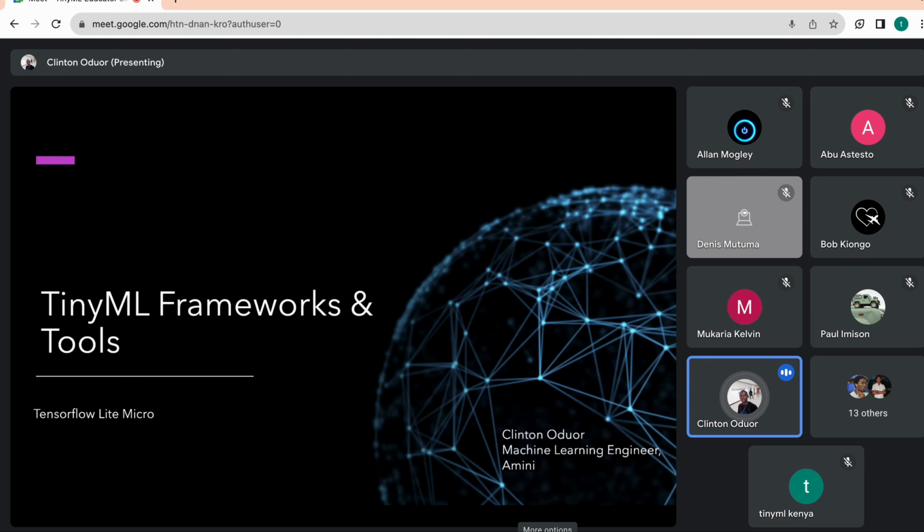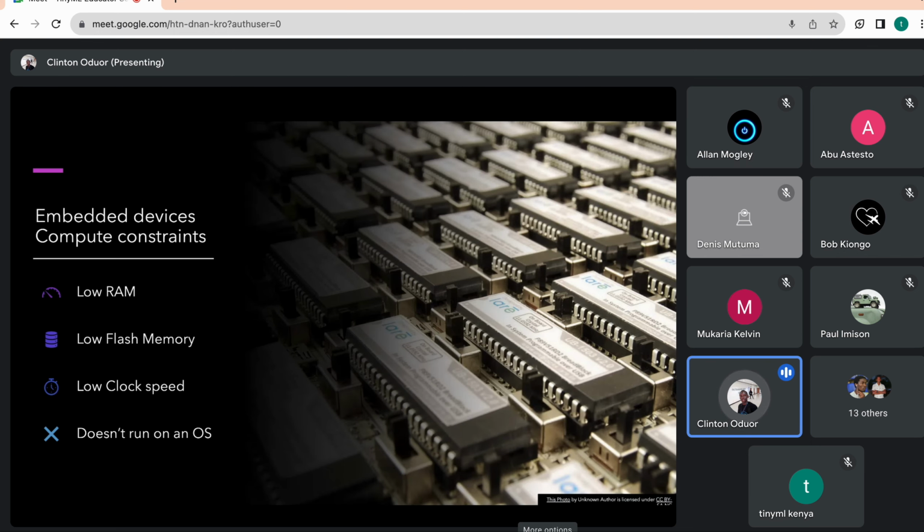So just to start, I'll start my presentation by going through again what was explored during the first week. When we're talking about TinyML, we are talking about deploying machine learning models on edge devices, mostly